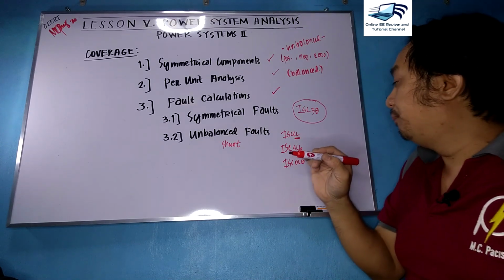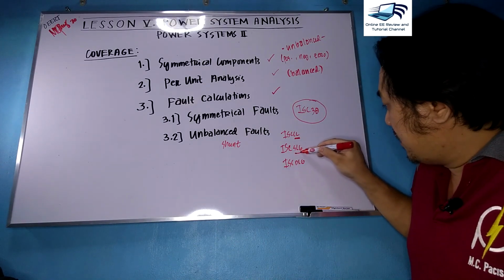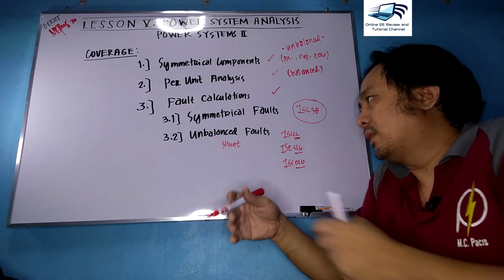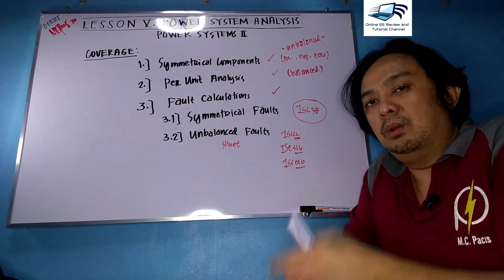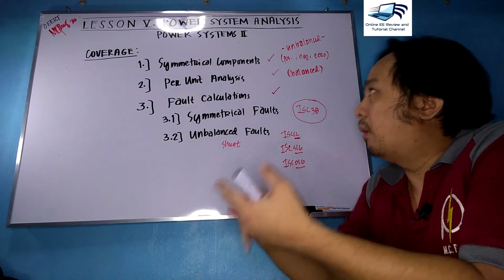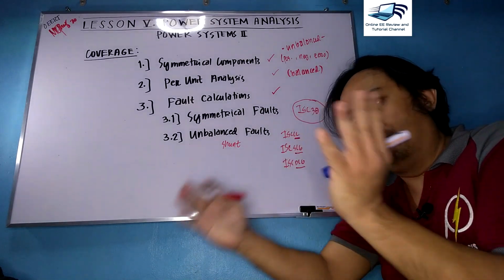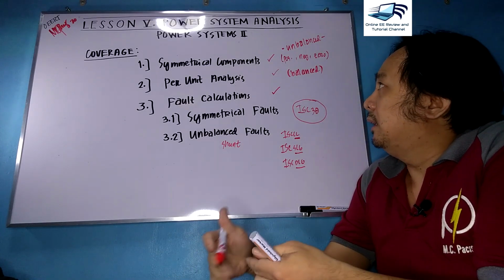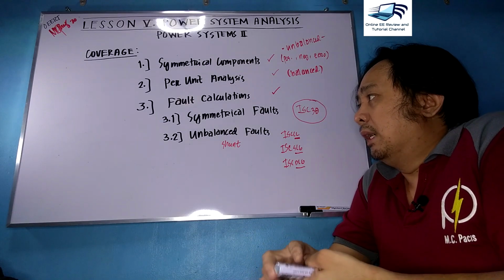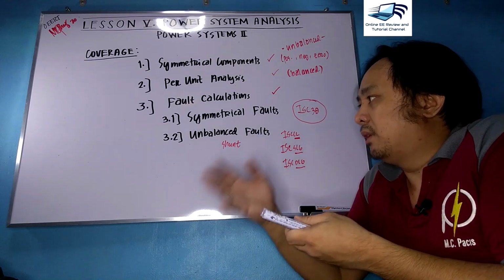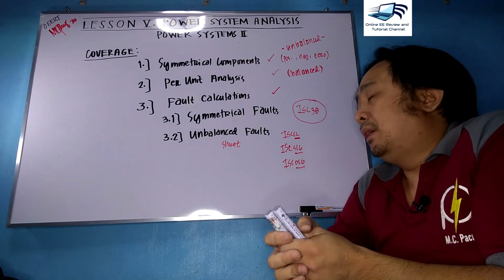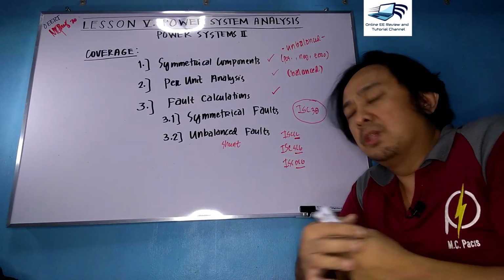LL here is line-to-line fault. SLG is single line-to-ground fault. DLG is double line-to-ground fault, which is a very, very important aspect when you go forward to the protection side of power systems. Now, power system analysis is a very, very broad subject. It involves plenty of theoreticals and concepts. So the other power system analysis courses will be further discussed maybe in the next advanced lessons